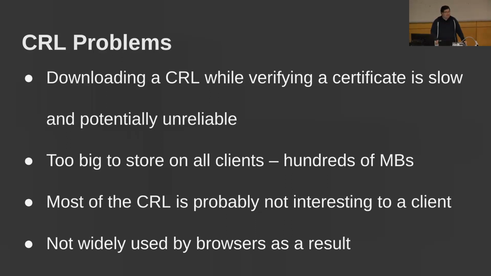Most of the CRL isn't going to be interesting to the client, because it's going to have a list of all of the serials on the internet that are revoked, and most people aren't going to all of the websites on the internet. And as a result of this, most web browsers don't use CRLs today. There are some mitigations to the size problems, like having a bunch of different CRLs that we call sharded CRLs to make them smaller and reduce what you have to download, but ultimately it's not widely deployed